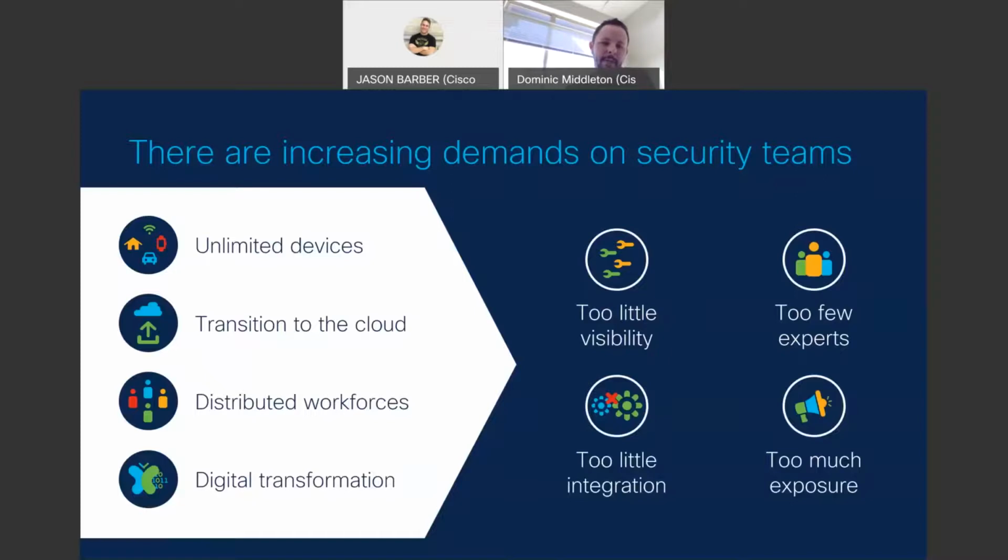The first one is unlimited devices. So we're kind of moving from pre-COVID into the COVID environment and beyond now. Think about unlimited devices before COVID, when we were all still going to the office and still working from there. What this typically looked like is, I go into my Cisco office, I fire up my laptop, I'm sitting on our corporate Wi-Fi, I'm behind the corporate firewall, I'm good to go. That gives me a lot of protection. It puts a lot of blocks on what I can and can't do. And yeah, some of us are starting to move to a work from home environment, but I'm still kind of protected at that point just because of the firewall.